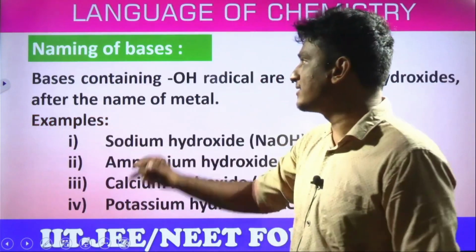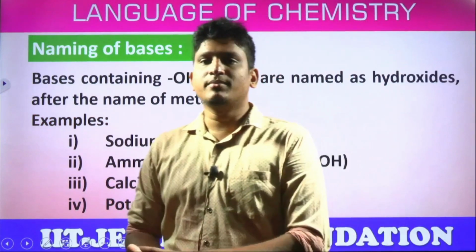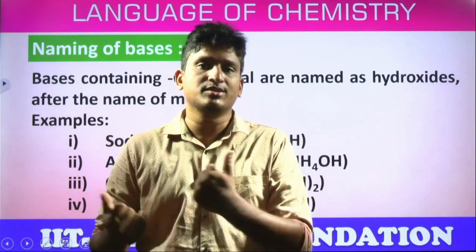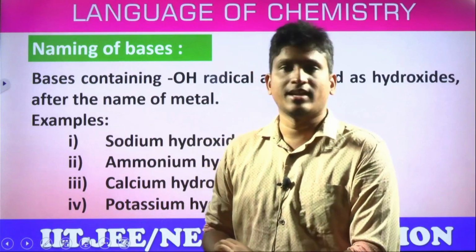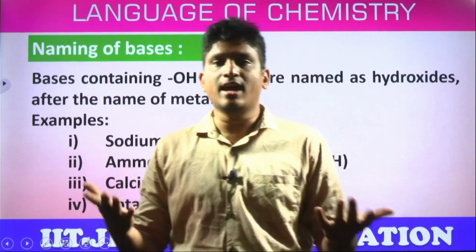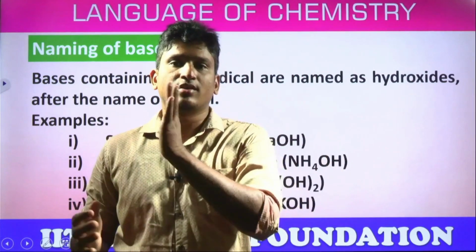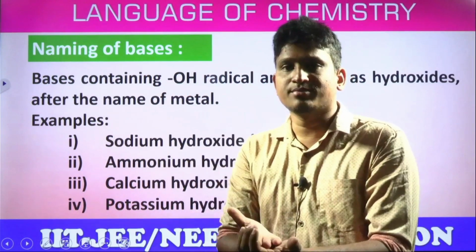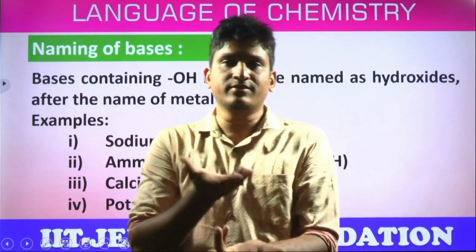Now we have bases, naming of bases. What's a base? A base is a substance which has the capacity to release OH minus ions in aqueous medium, according to Arrhenius. So they have the characteristic OH minus ions in their formula. What's the name of OH minus? Hydroxide. If this OH minus combines with a metal,